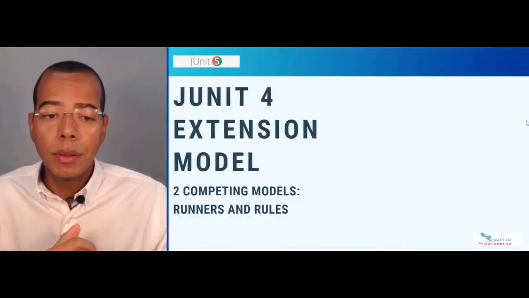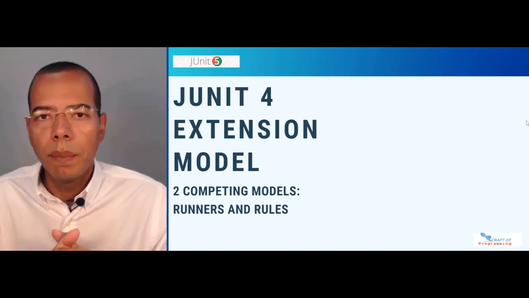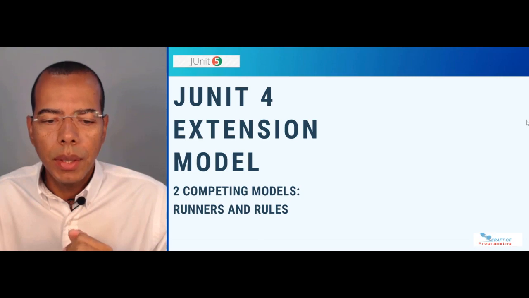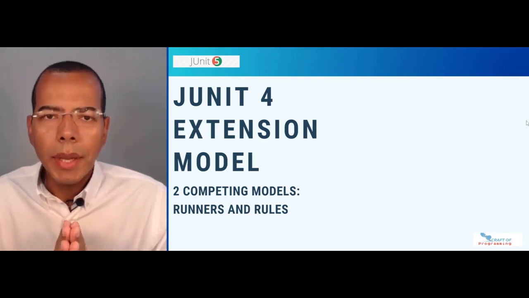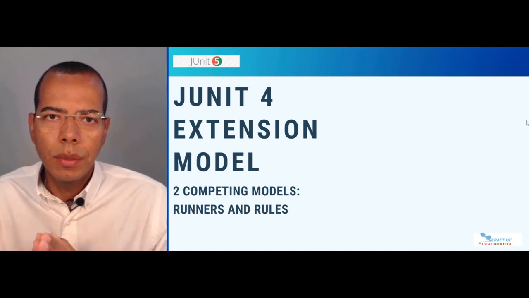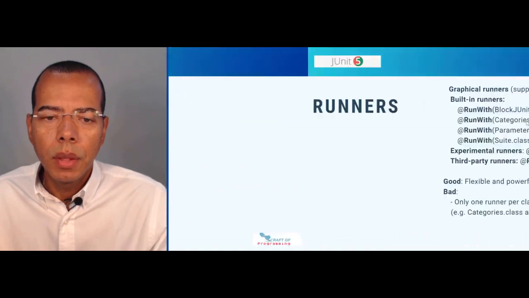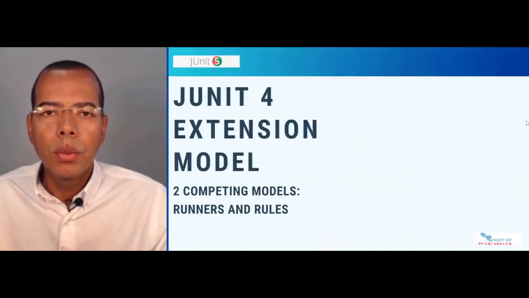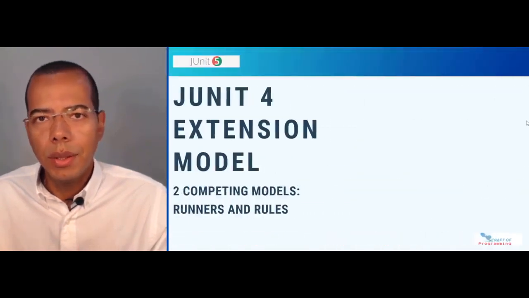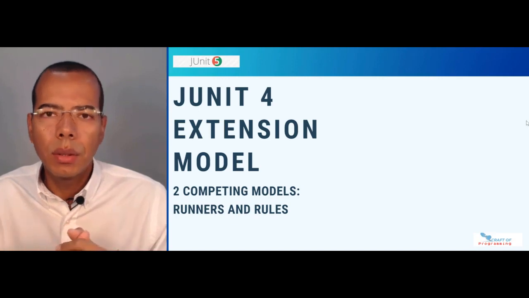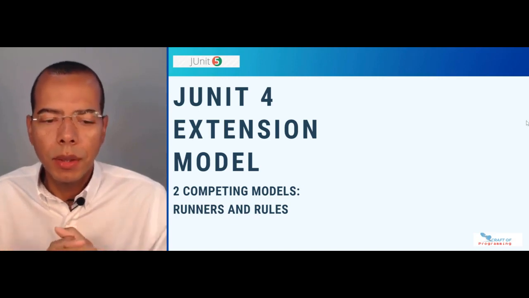So now let's cover the extension model, which is another big change in JUnit under the hood. And this addresses the drawbacks of JUnit 4 in terms of how the extension model was handled. As you can see here, there were two ways that you could extend a JUnit test. One was via runner, another one via rule. And the reason why they were competing is because